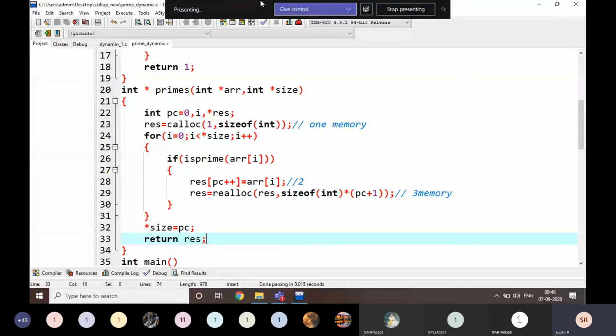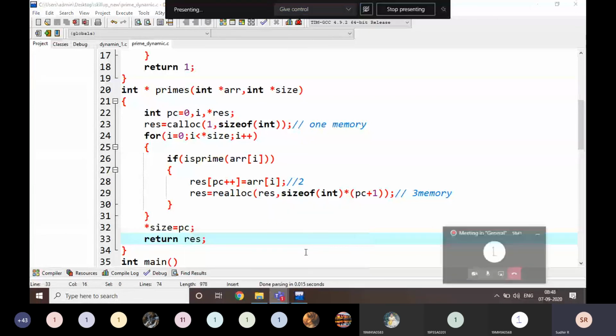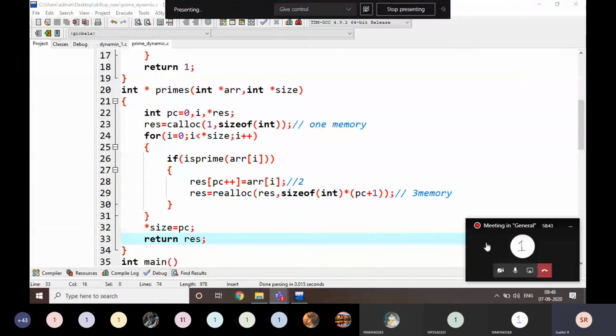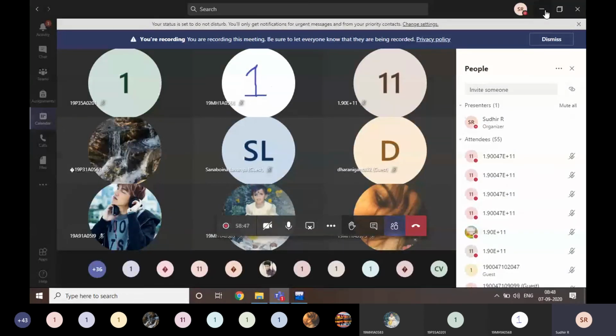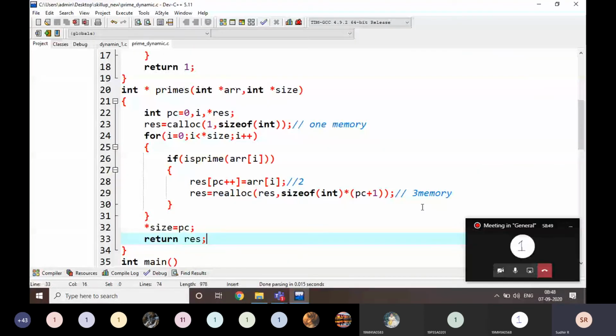Just note it down, everyone. Is it done, everyone? Just note down that function. That is enough.